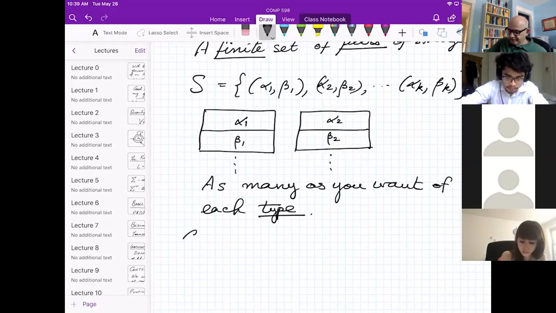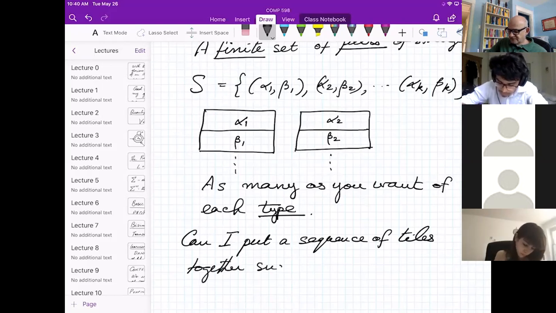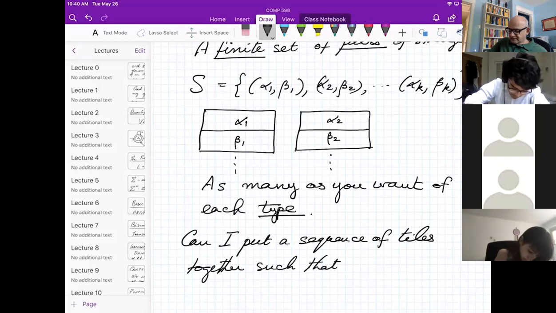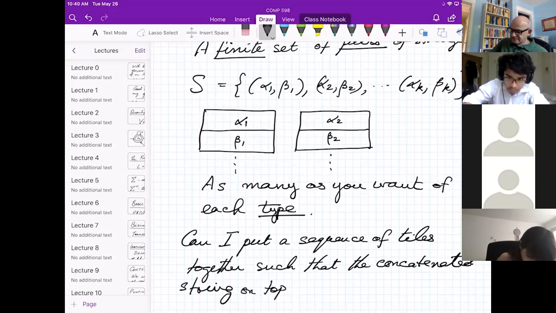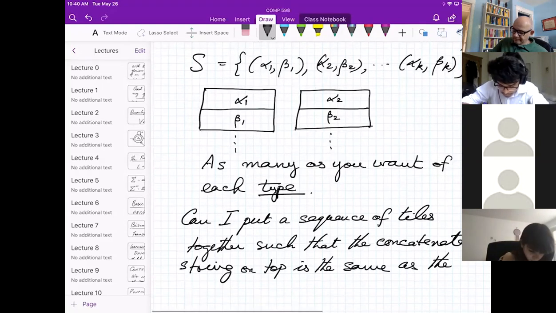Can I put a sequence of dominoes together, or let me call them tiles, such that the concatenated string on top is the same as the concatenated string below.